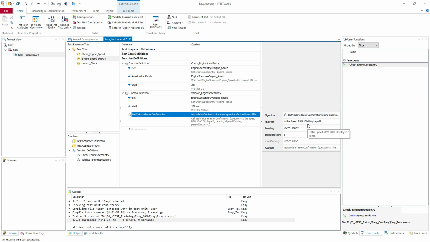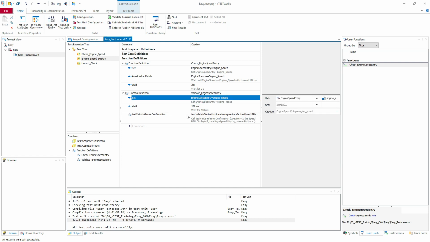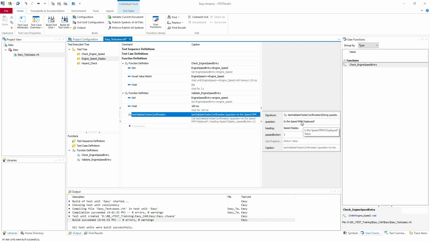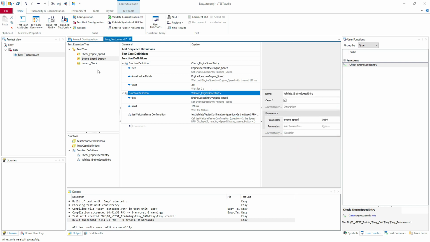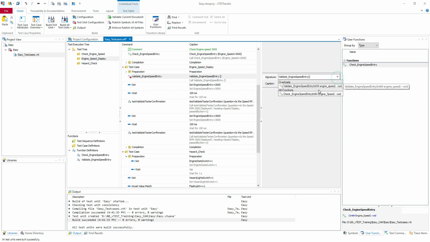Here we have an issue. I think you cannot put your variable here, so it will be a generic one. So you need to know which value you are testing. But yeah, again, we need to put again the speed